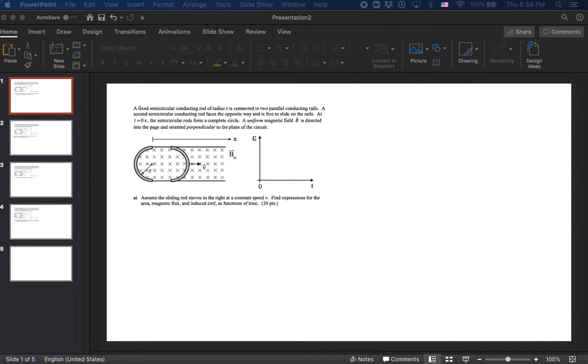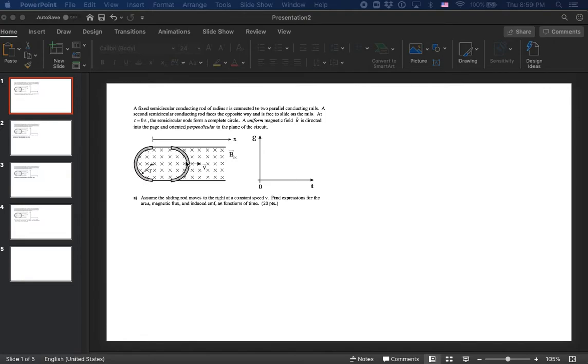Okay, in this problem, we are looking at magnetic flux, area, and induced EMF as functions of time. And we are assuming that this rod here, this half circle bar, moves at a constant speed to the right. So the first thing to think about is that this rod and the bars here, these two half circle